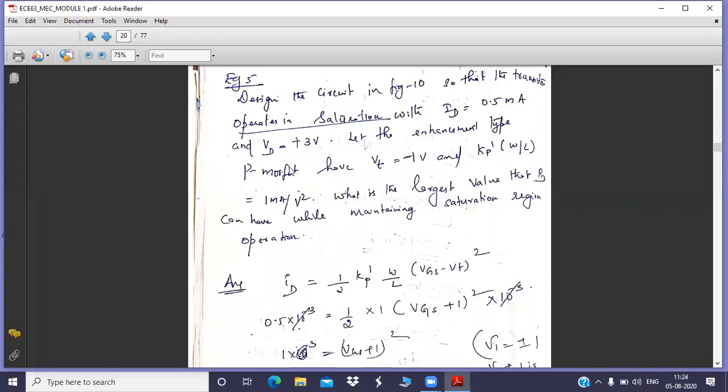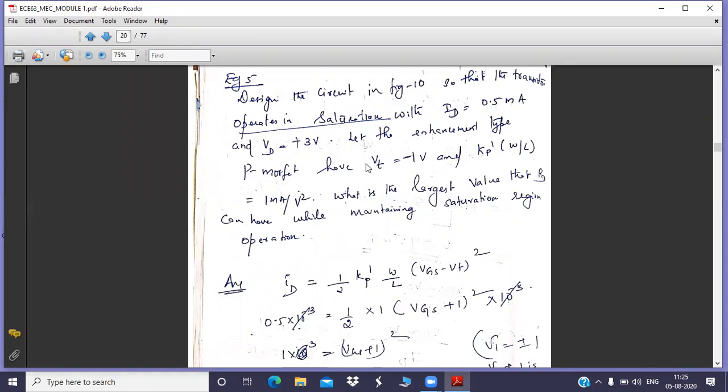In the earlier problems it was NMOS only. Here it is PMOS. So normally the threshold voltage is going to be negative. That is the difference, don't get confused. If it is NMOS, the threshold voltage is positive. If it is PMOS, the threshold voltage is always negative. It means your channel is going to be induced only if you apply a negative voltage for a PMOS. That is a specialty of threshold voltage.